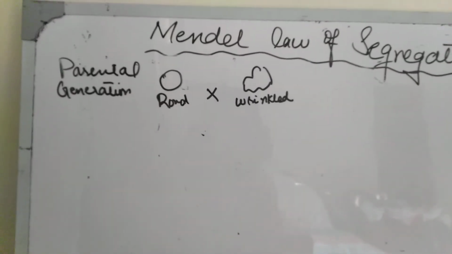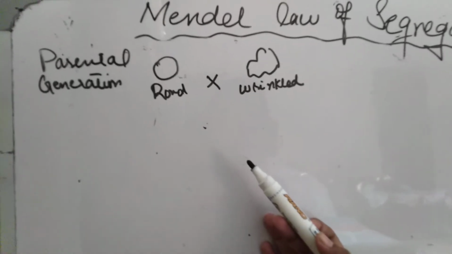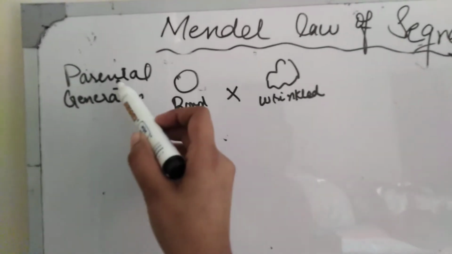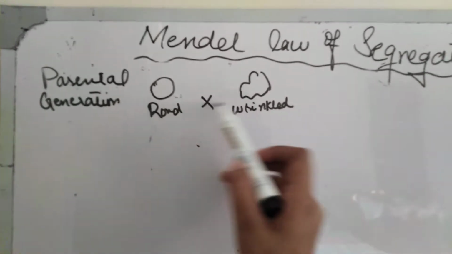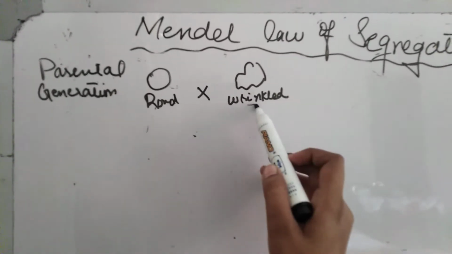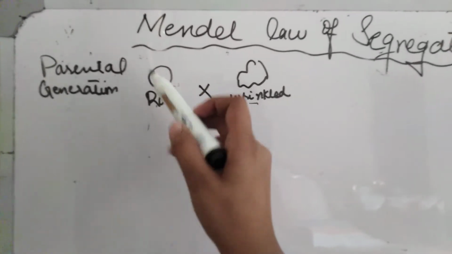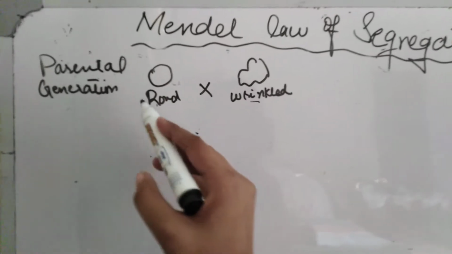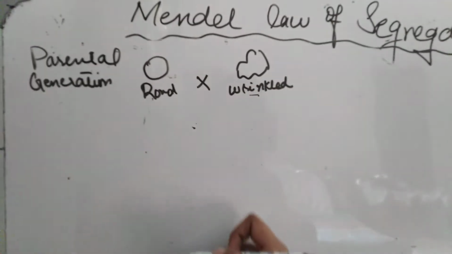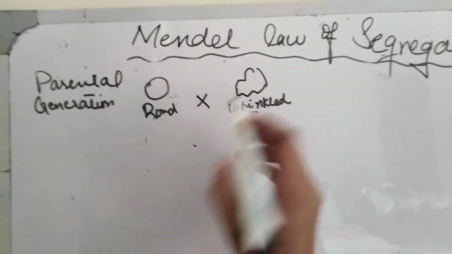Now we are moving towards our complete topic. You will study only one trait at a time, only monohybrid cross. First, you have to know this one is the parental generation, in which we cross between a round and a wrinkled seed. It doesn't matter what the color is; consider it green. So this is the phenotype. What is the phenotype? We have already studied it. Phenotype is the physical appearance.